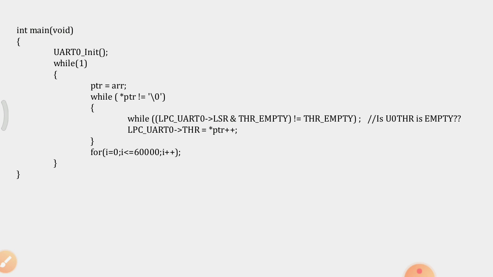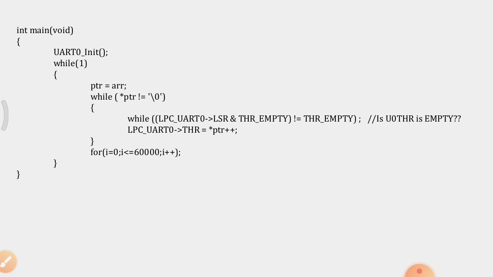So now while *PTR, that is the address of that data, the beginning address of that data, if it is not equal to 0, that is if the data is not at the end, then we enter into a while here, one more while loop here. After entering into a second while loop, there is one more while we have used here,